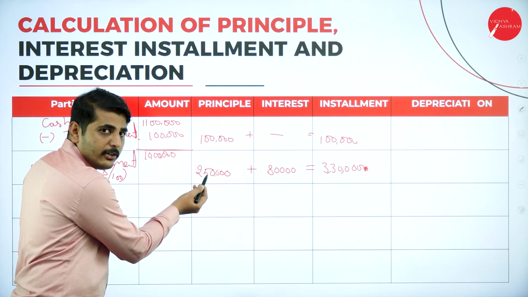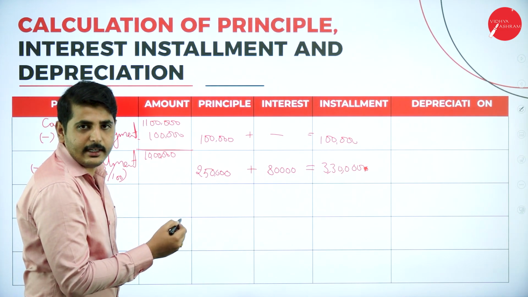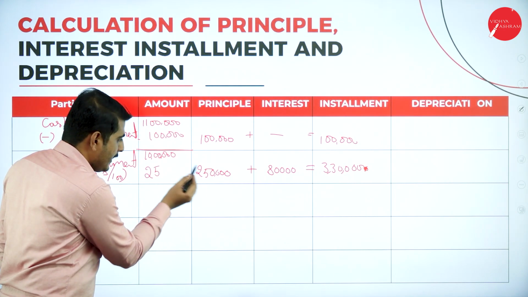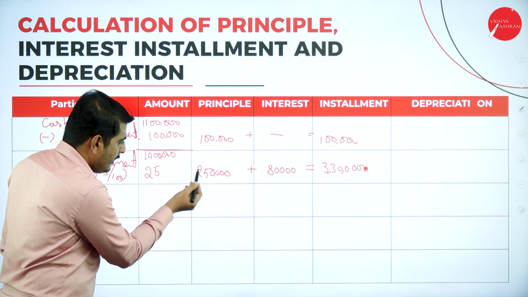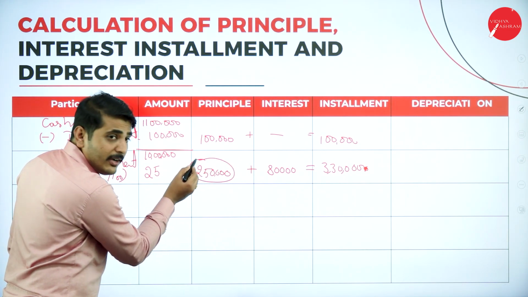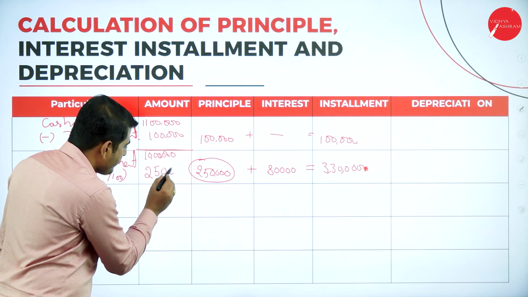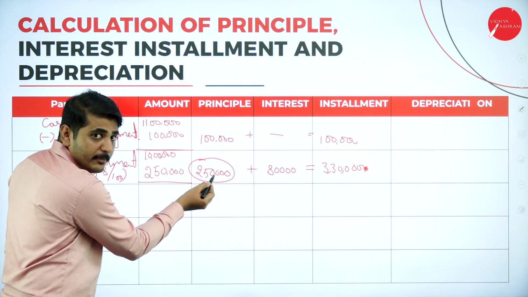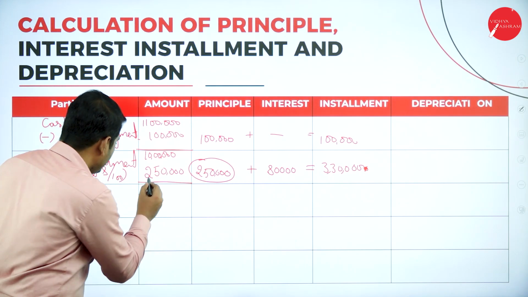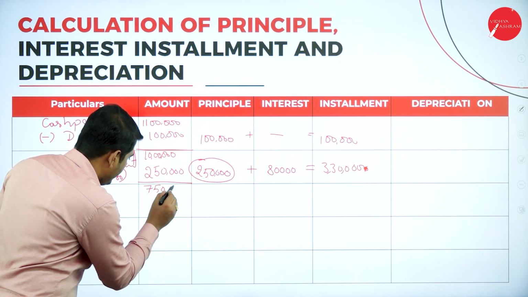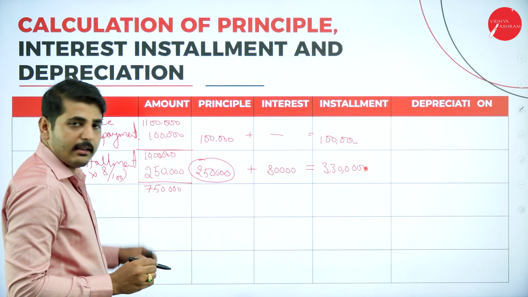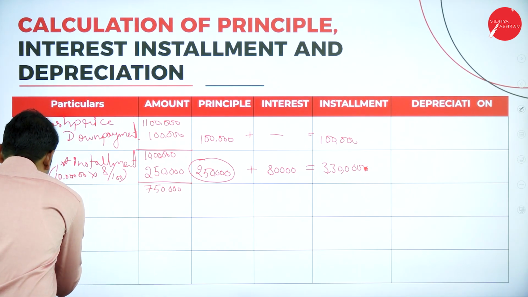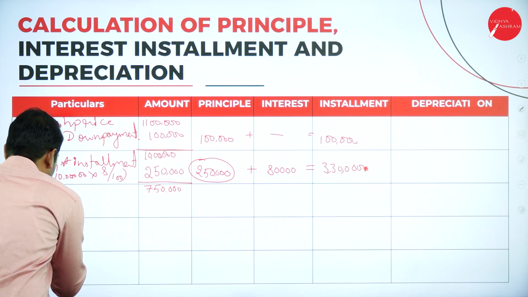This is the principal. While calculating the next year, when we are calculating interest, we have to deduct the principal amount that we have paid. So principal minus principal. I hope you are clear. Here we are deducting the same amount that we have written here. Minus principal. So now we have paid the principal amount. What is the remaining balance? Principal 7,50,000 for the second year. For the second year, what is the balance? 7,50,000.